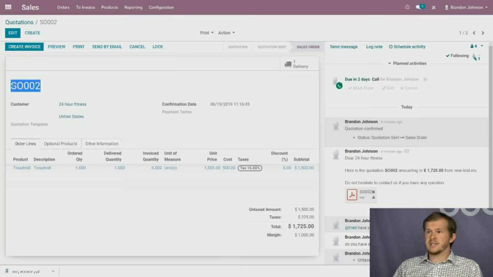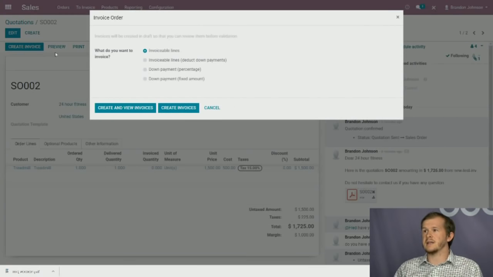So we're back on sales order 2. We had our treadmill, we ordered one, we've delivered one, now we have to invoice for one. Since we finished the delivery, now we have to invoice 24-hour fitness. So from here we can actually create the invoice, and we can do a few different things. We can do invoiceable lines